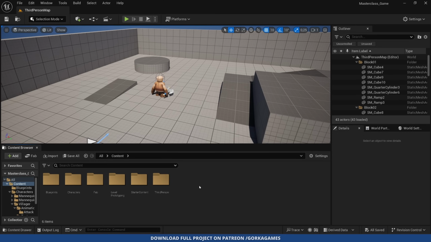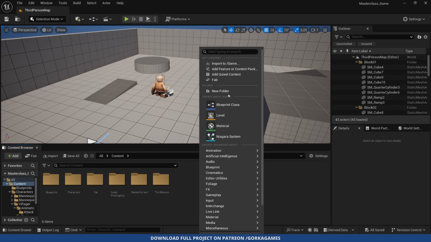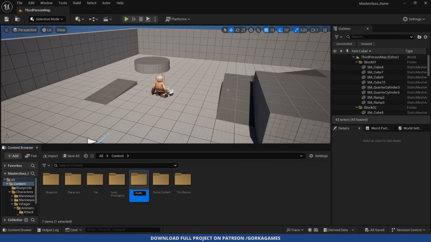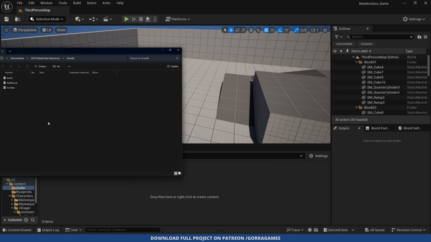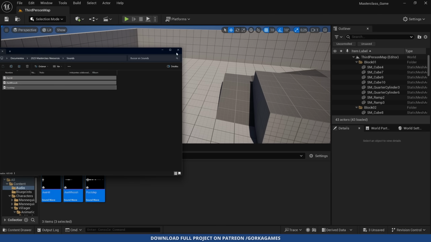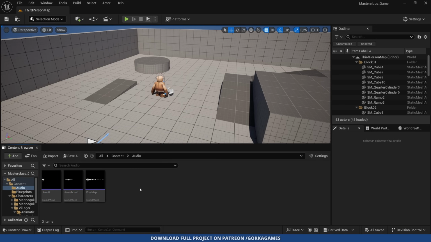So in the content browser, let's right click and create a new folder, and this will be called audio. Right over here, let's go ahead and import some of the sounds that I will leave in the zip file. So simply drag them, and boom, we have them over here. So let's begin with the footsteps. Right now we have this simple footstep, but it's very repetitive. So what we can do is simply change slightly the pitch every time that we play it, so it sounds like we have multiple